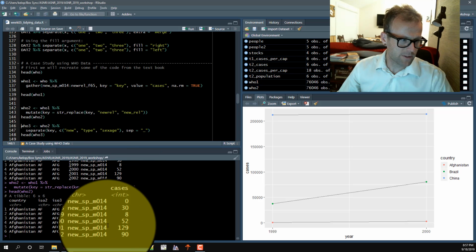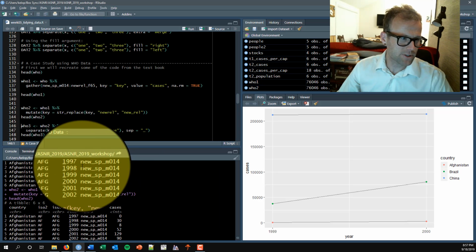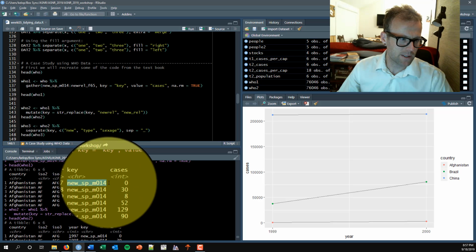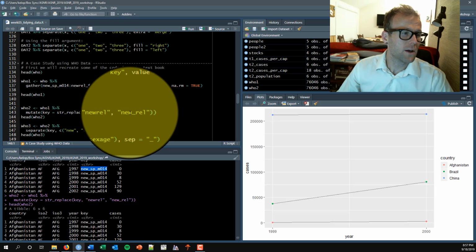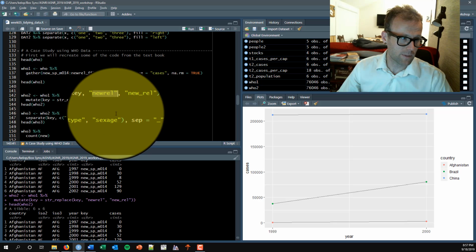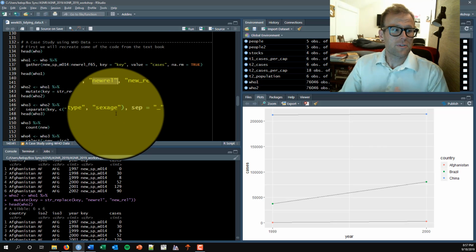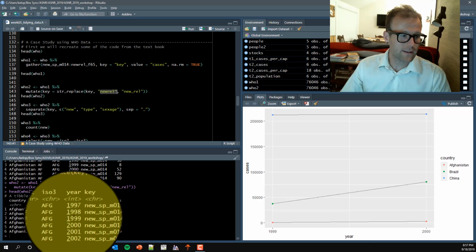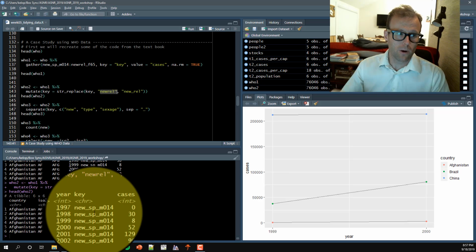And the first part of this looks exactly the same because we didn't actually mess with new_sp_m014. All we did was add this underscore into the new_rel command. From there now, what we can actually do is use the separate function to break this key variable apart into